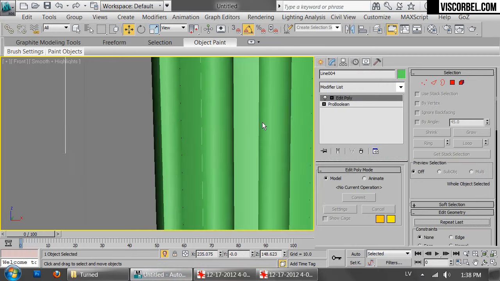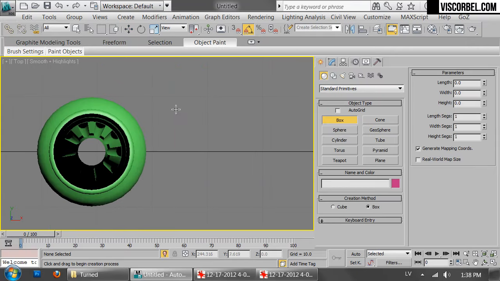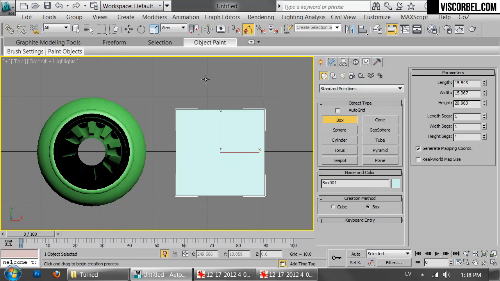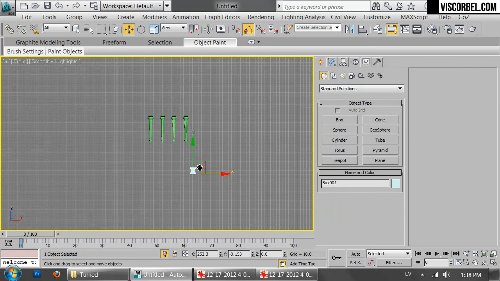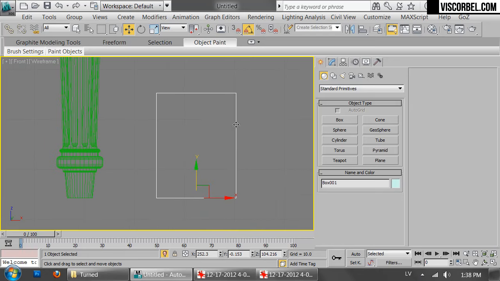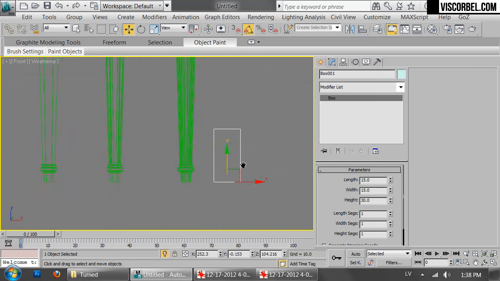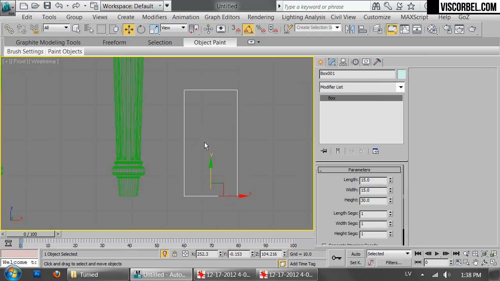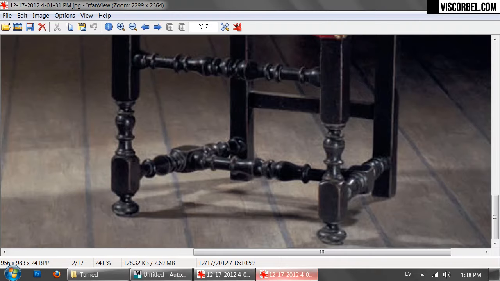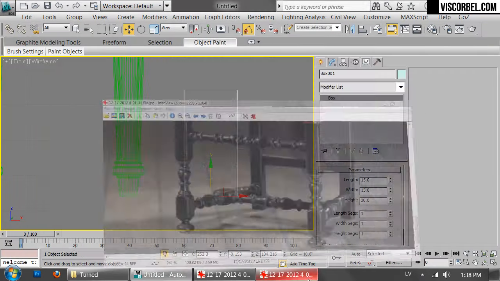Okay, so let's say we start with a box, and we want to round the corners. You have a couple of options here. The first one I'm going to show you is using the FFD modifier. This is not an exact method and the results will not be perfect, but it can be pretty quick to